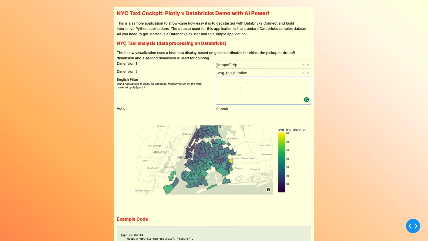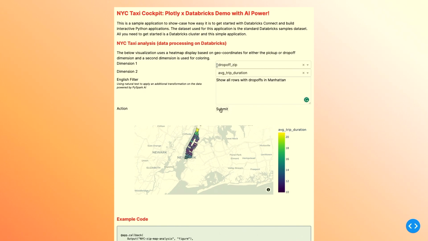so what would be filters? I don't really know the data set, I don't know the columns, but what I can type here is basically show all rows with drop-offs in Manhattan. So what this does is essentially use LangChain and PySpark AI to go to, all right, now it's getting fancy. There we go. It goes to OpenAI, generates the code, generates the plan for it, and then I get my result,